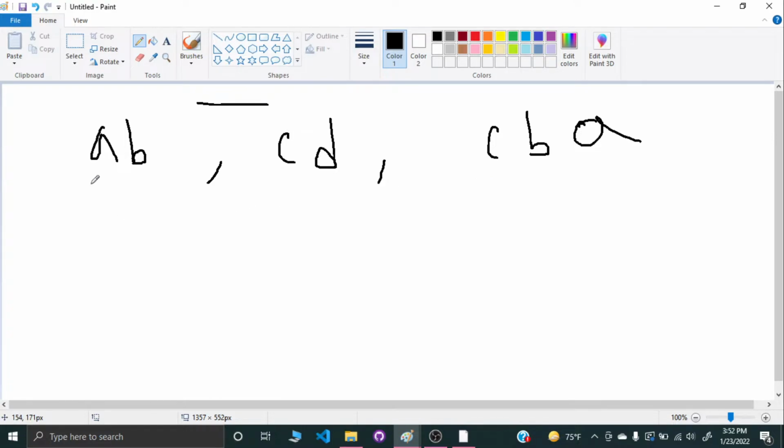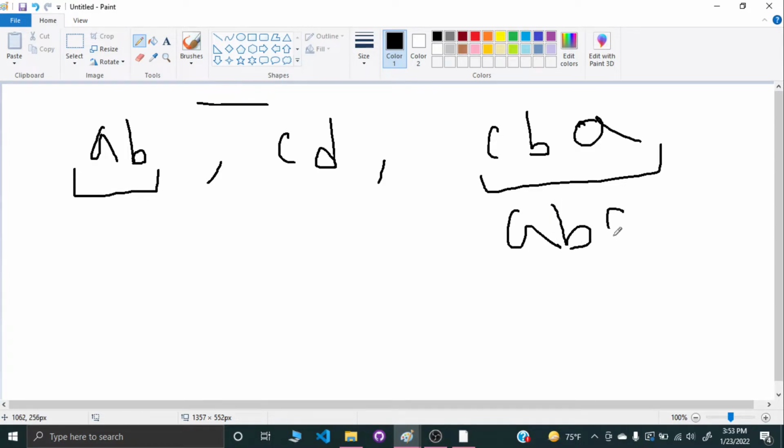If you observe carefully, you will understand that I can make one subsequence from this array of strings such that if I concatenate, it's going to become a palindrome. How is that? If I take AB and CBA and concatenate, it's going to give me A, B, C, B, A, and thus becoming a palindrome. That's exactly what we have to do. Now, I'm going to make some claims here.